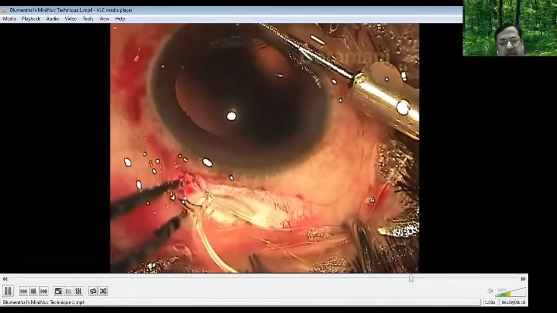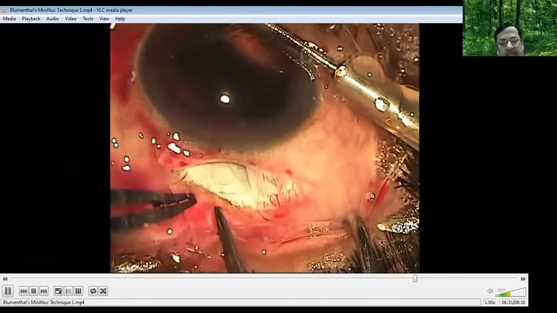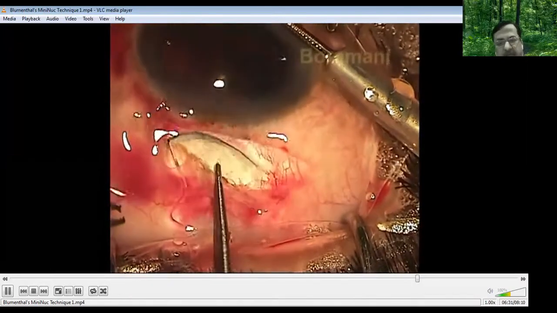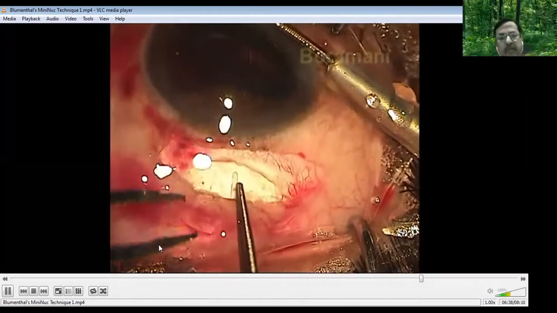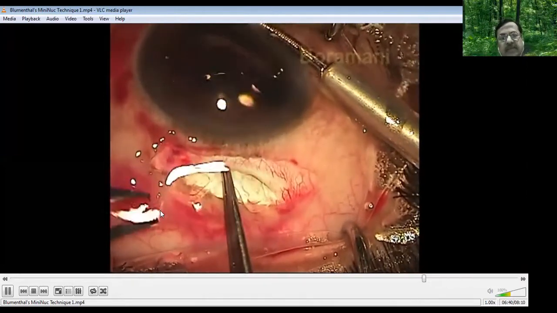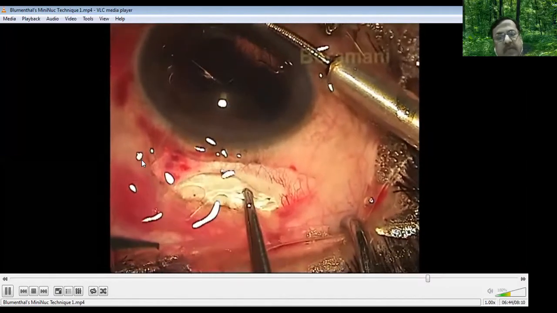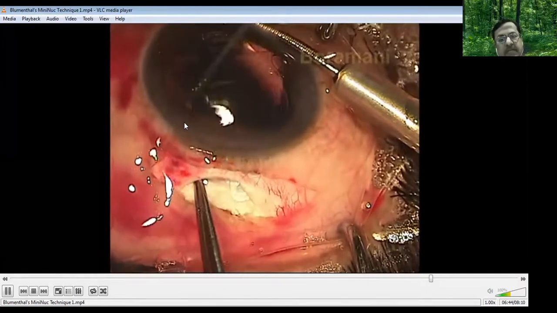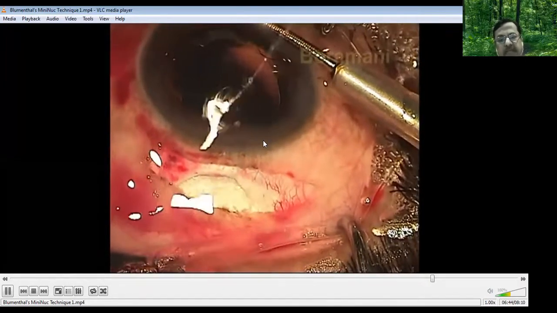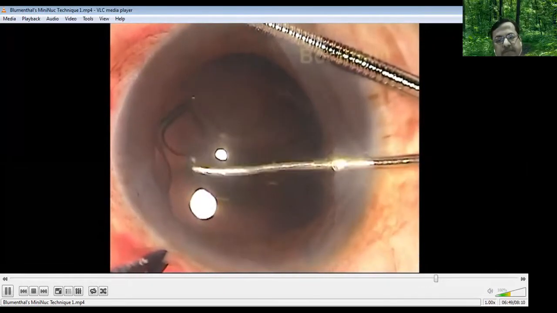Now, another advantage of SICS is that you can put any type of lens. Maybe it is a rigid lens, a foldable lens, multifocal lens, premium lens, toric lens, everything you can put. When you are putting the foldable lens with the AC maintainer on, many times the lower haptic can touch the endothelium. So try to fold the haptic backward and insert the lens so that the endothelium is protected. Once the lens is inside, with the manipulator in the right hand, you reposit the lens into the capsular bag.